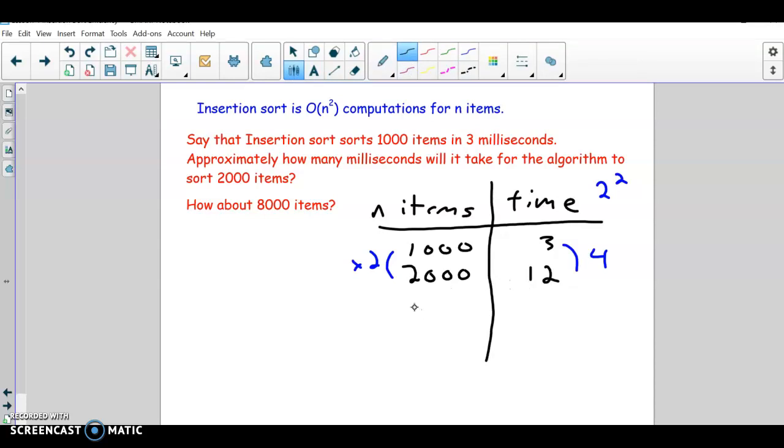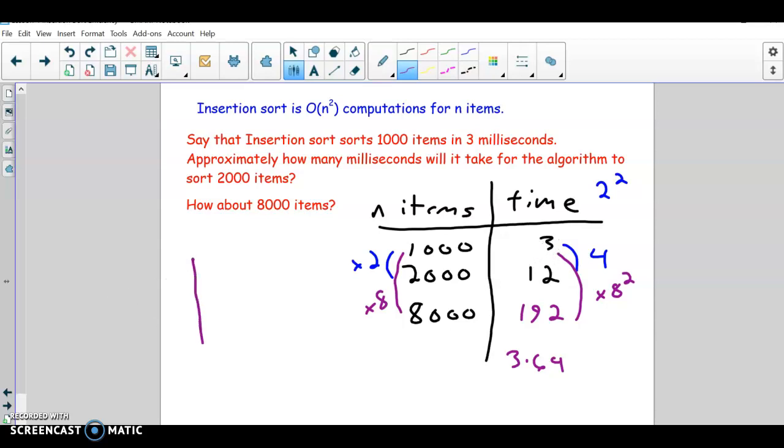Okay, one more time, then pause it and think through: what if we made it 8 times as much? How would 8 times as many items affect the time? Okay, and so hopefully what you're figuring out is that because it's a squared pattern, this is 8 times as much here, so you have to square that. Instead of 8 times as much, it's going to be 64 times as much as before. So to figure this out, we do 3 times 64, which I think, I'm a little tired, but I think that'd be 192 milliseconds. Okay, so you can see that it doesn't go up in a linear pattern, it increases,